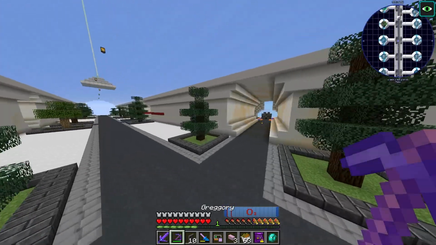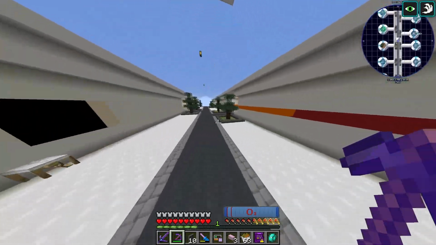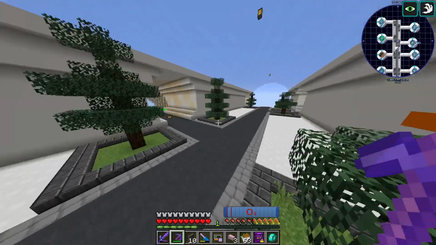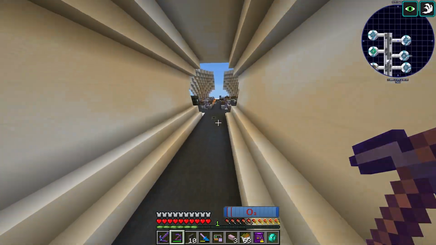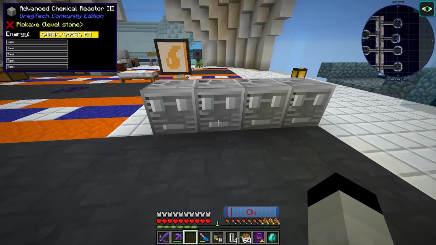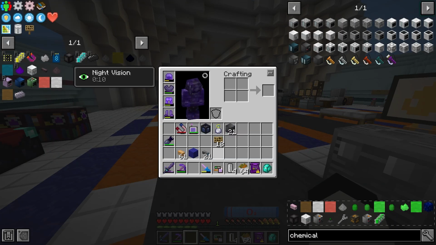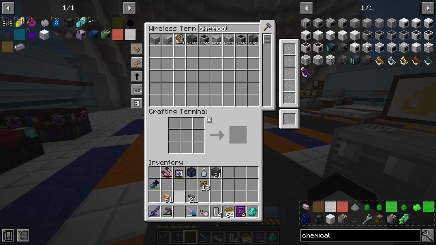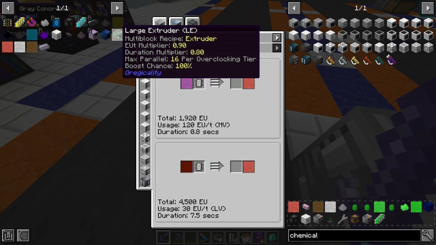I think what would be cool actually is having a little area where we can make these components or catalysts. I think that might be kind of cool. The question is though, where do we put them? Okay, we are back with our little chemistry setup. I got some cells. So let's see what we can do. So the first one we're going to do